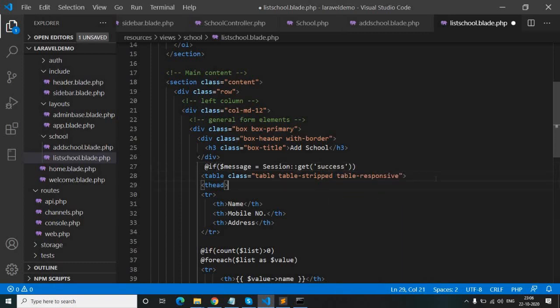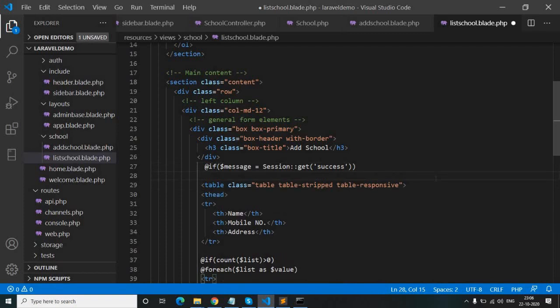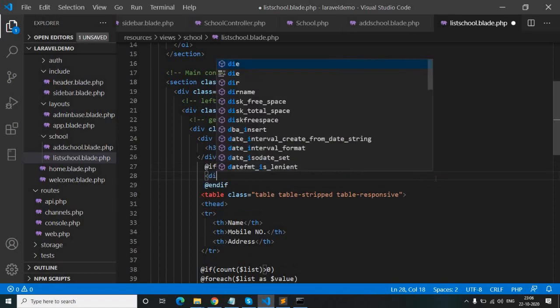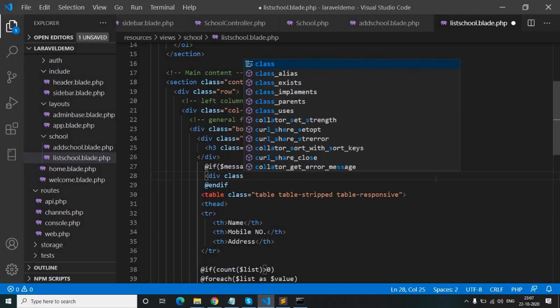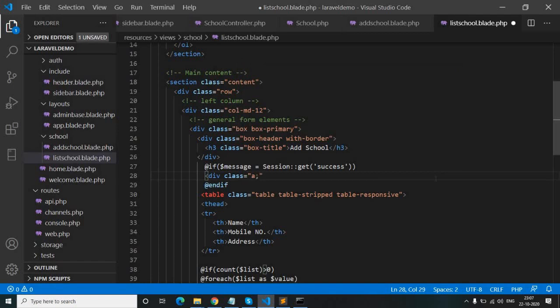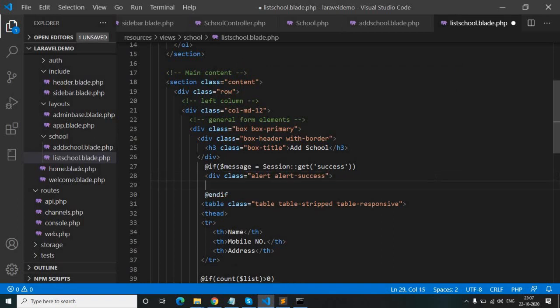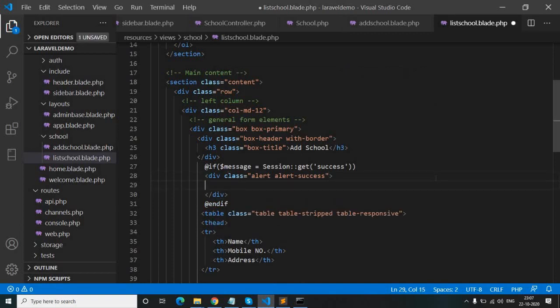Okay, if you get this, then it will print inside this a div with class alert success, and write here $message. Okay,